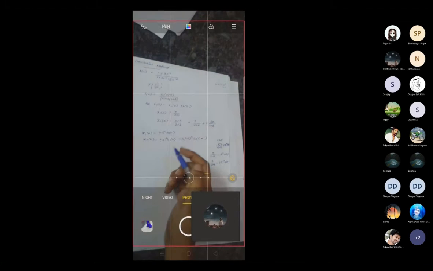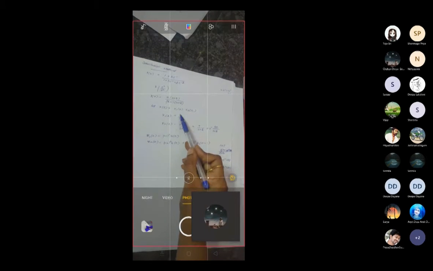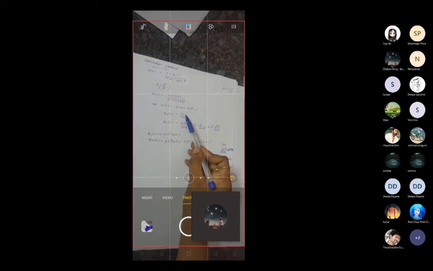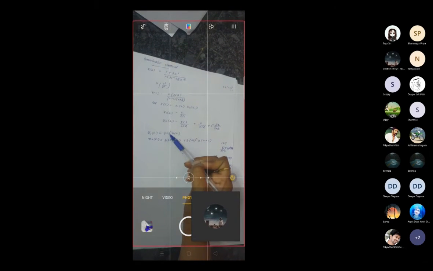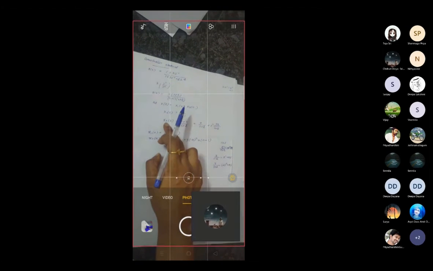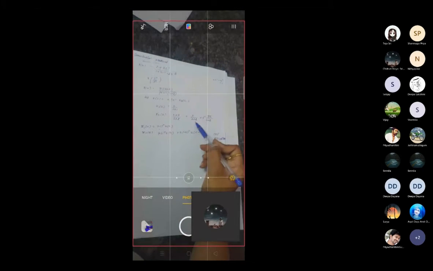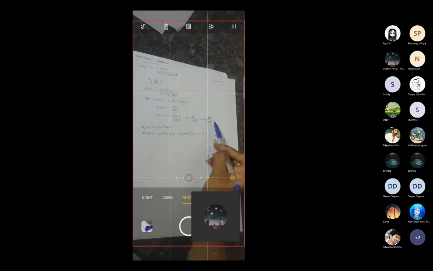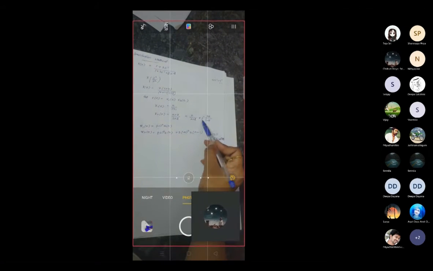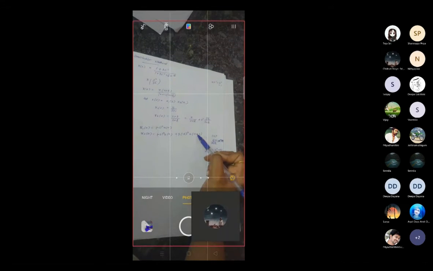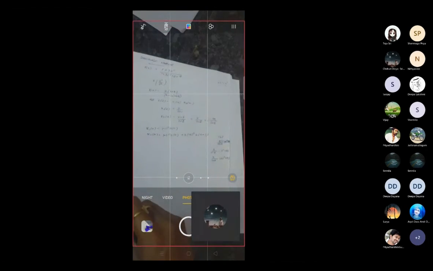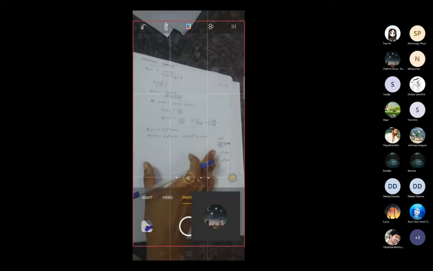So the inverse of z divided by z plus 1 will be minus 1 power n into u of n, because with a positive term in the denominator, taking the inverse makes it minus. Then for x2 of z, you find the inverse: x2 of n equals minus 2 power n into u of n plus 3 into minus 2 whole power n into u of n. Here you have one z inverse term, so you have to write one shifting. The power will be minus 1, so you write u of n minus 1. Up to this clear?